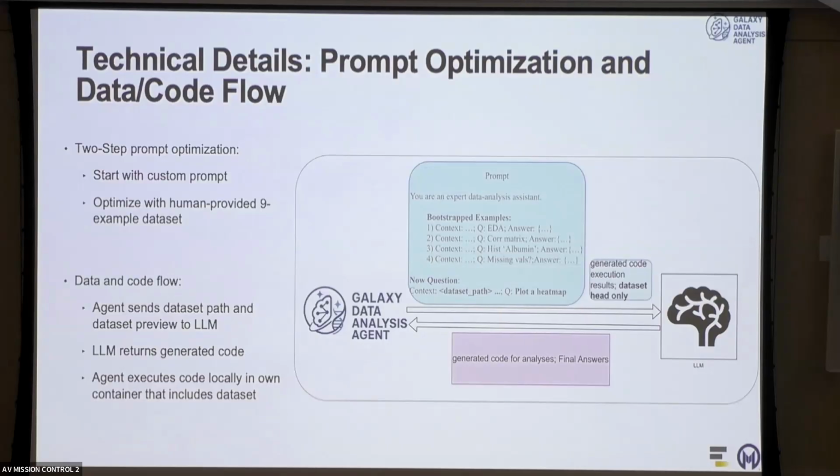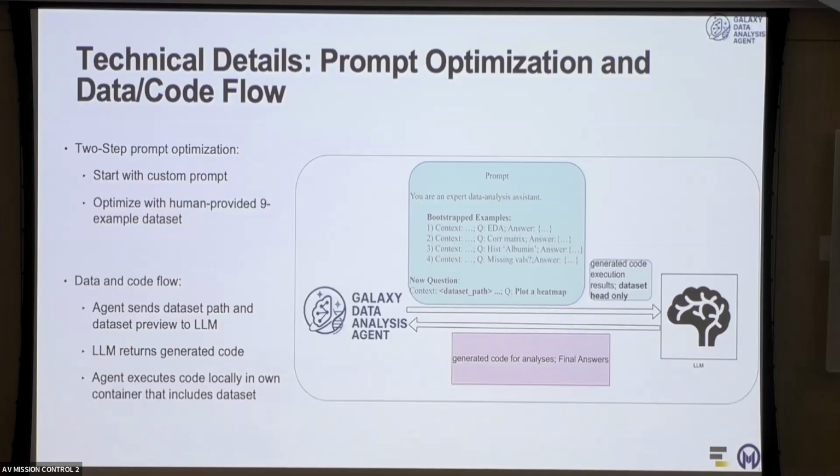Okay, so some technical details about prompt optimization, data, and flow code. These are some common questions that we get, so I wanted to share it with this audience. Prompt optimization starts with the prompt that we write ourselves, but we give it some best examples. In this case, we have a 9-example data set, not a big data set, and we give that to the library and it optimizes a prompt on our behalf based on those